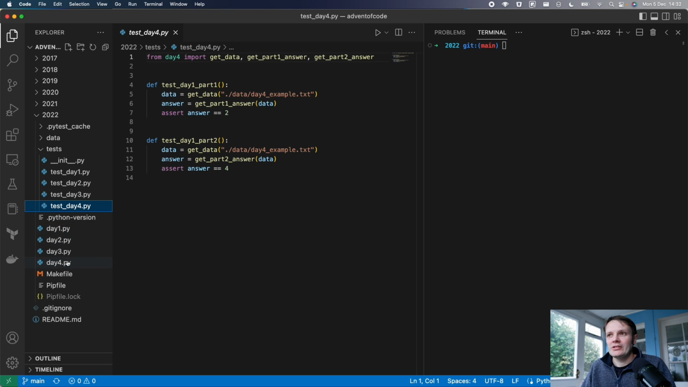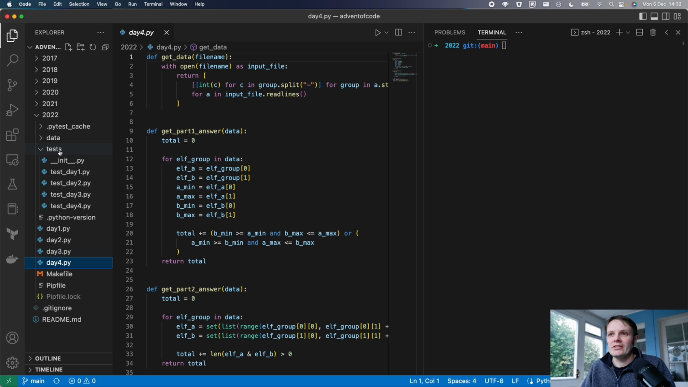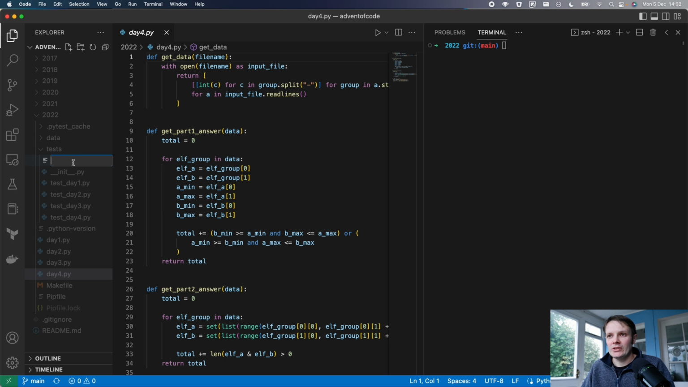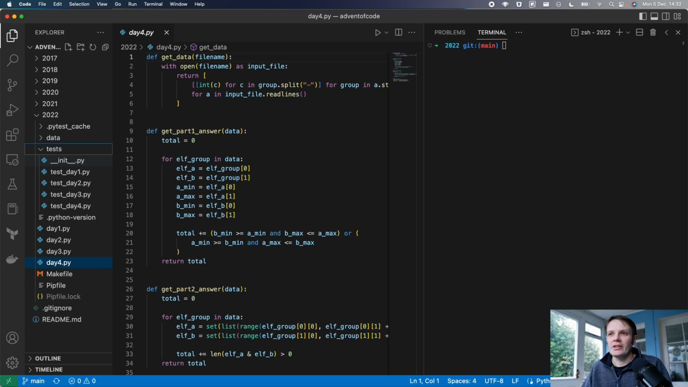So I'm going to try and attempt today's one, and what I'm going to do first of all is duplicate the files that we have already. So if I copy day 4 to day 5, and I do the same with the tests as well,